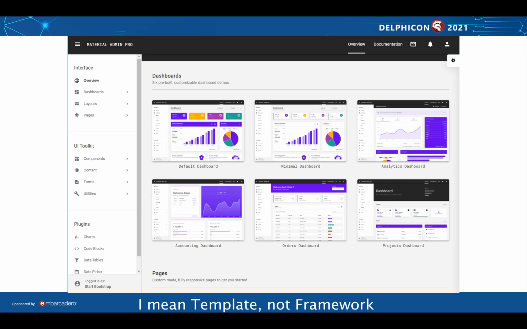Bootstrap is one of the most used UI frameworks, and there are infinite numbers of resources available on the web. You can find literally zillions of templates. Some of them are free, some of them are paid, but usually these templates are very cheap. You pay like $10 or $15 or $20, and for the most expensive ones you're going to pay like $70 for one user. And usually you're going to find templates for every need,